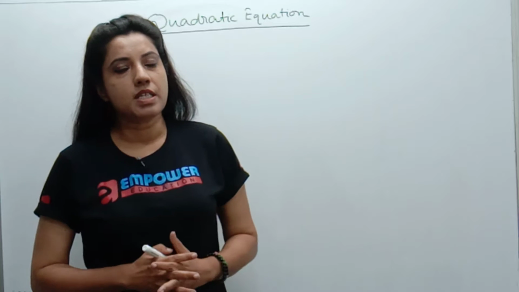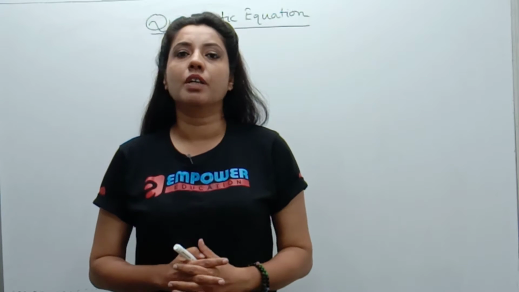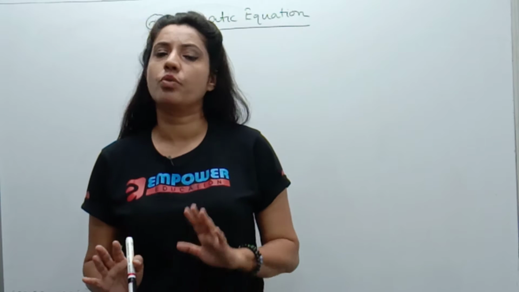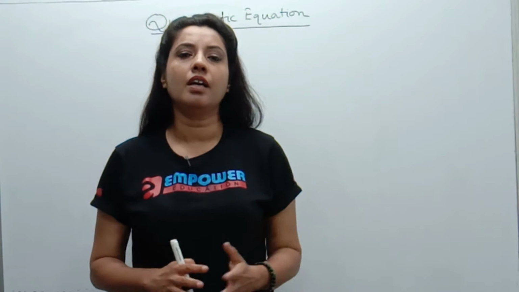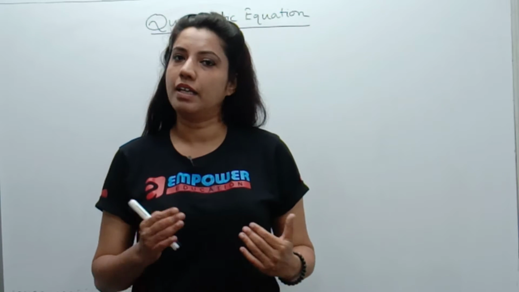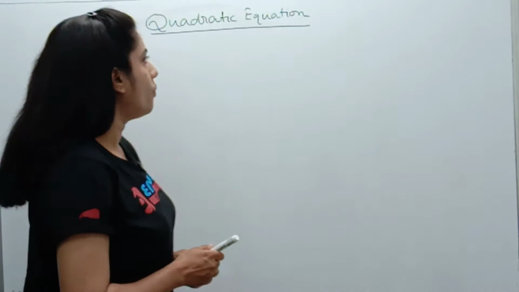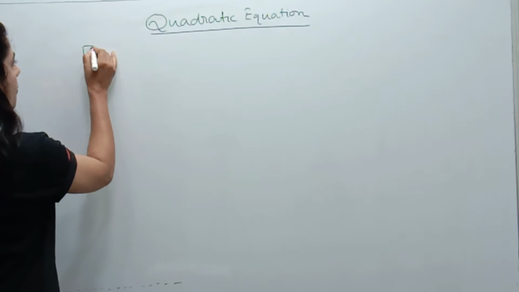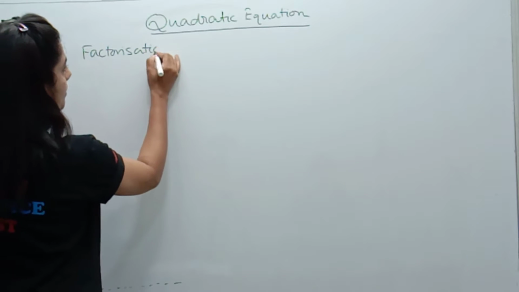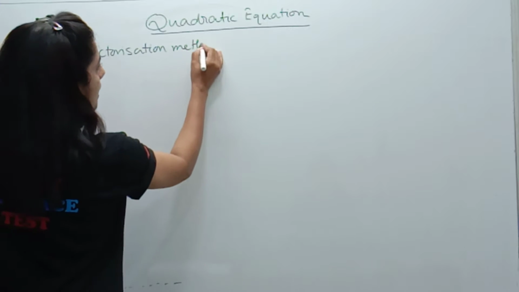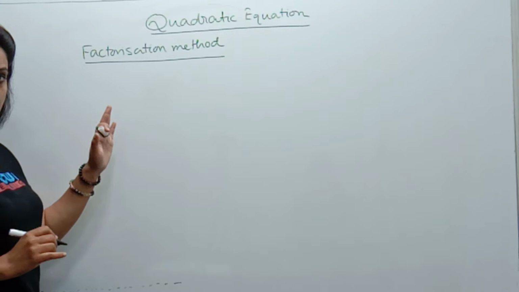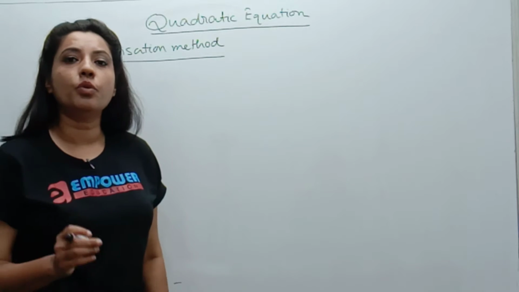Now remember students, there are two methods to solve the quadratic equation. The first one is the normal factorization method which we have been doing from the 8th standard, and the second one is the formula method which I am going to teach you, and then we will solve the questions. So first of all, I am taking the factorization method to solve a quadratic equation, to find out the value of x.